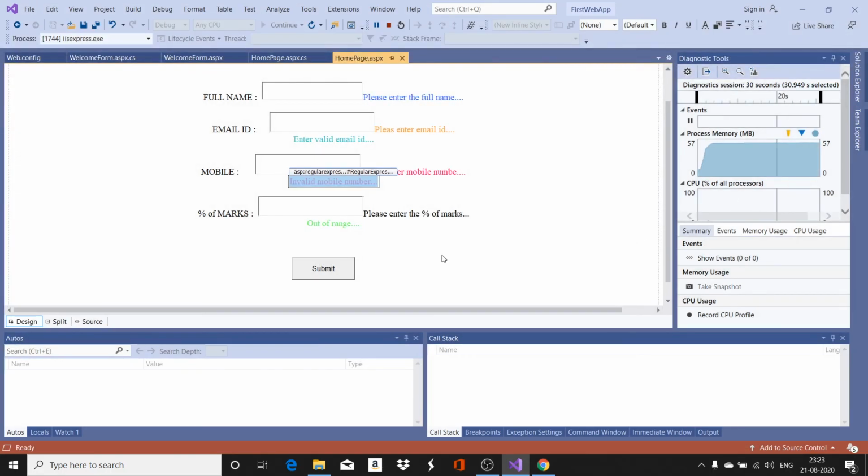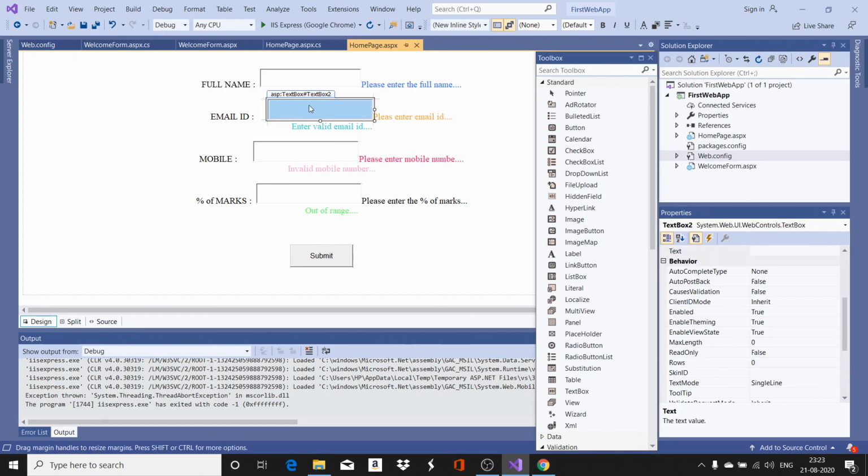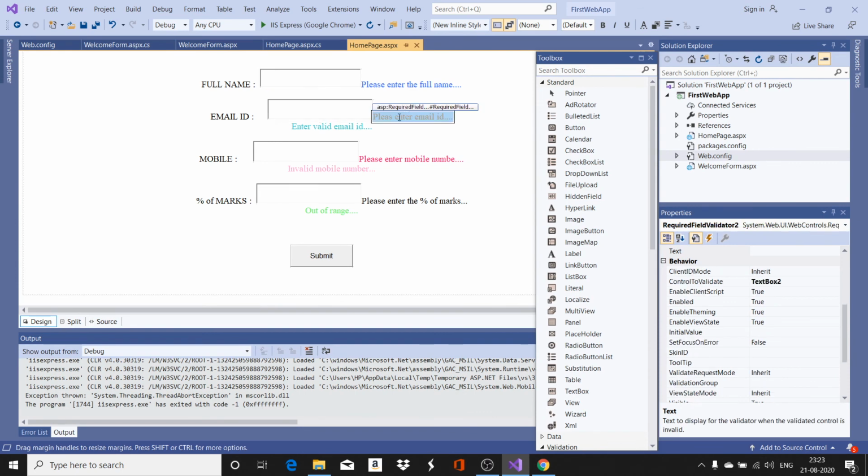So this video clearly explains how validation controls can be added to the web application. And you can also observe here, for one user control itself, I have added two validation controls. One is a required field validator, the other one is a regular expression validator. Like that, for the marks, one is a required field validator, the other one is a range validator.